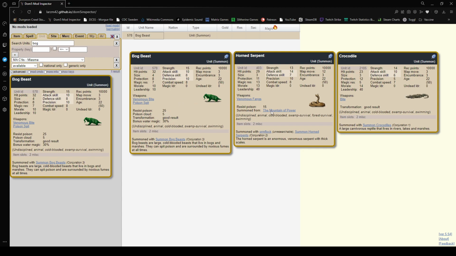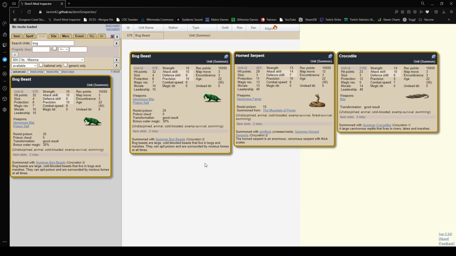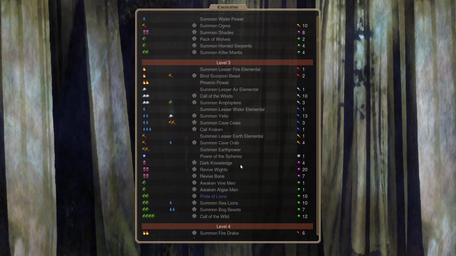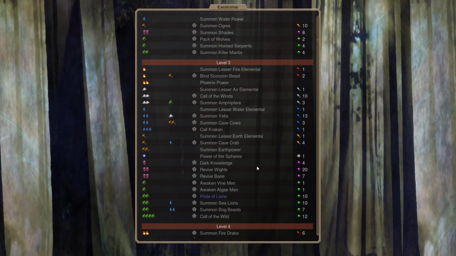So we wouldn't want these together with the Crocodile. But I'm not sure we can get these anyway because, yeah, we need to be level 2 in the water path. And I don't really have that, right? Not right away, anyway. If we go back to the game, and we can go take a look at that. Well, actually, we can just...